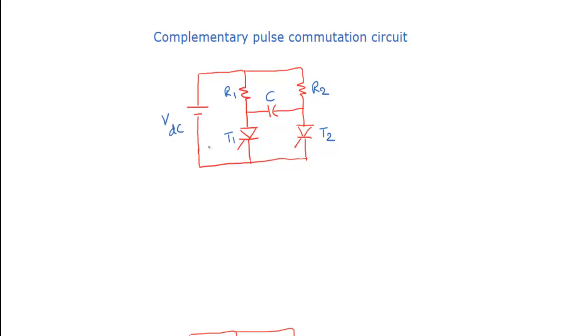Okay, we'll discuss how exactly it happens here. Assume the thyristor T1 is turned on to supply power to the load R1. If thyristor T1 is turned on, then obviously it will act as a short circuit and current will be supplied to the load R1. But initially there will be two currents here. One current will be flowing through R1 and T1 like this. That is the one current, which you can take as I1, and there will be another current, which is the charging current, flowing through the capacitor like this, that means through R2,